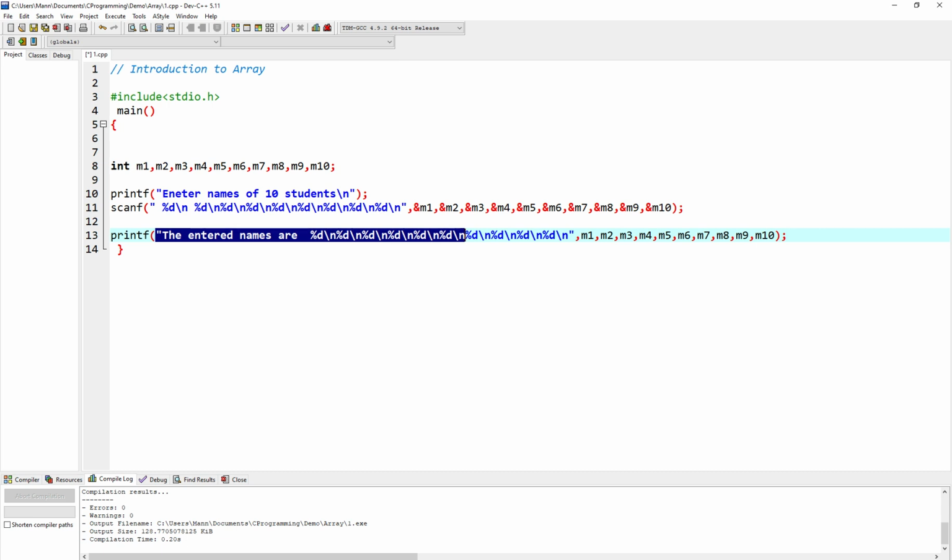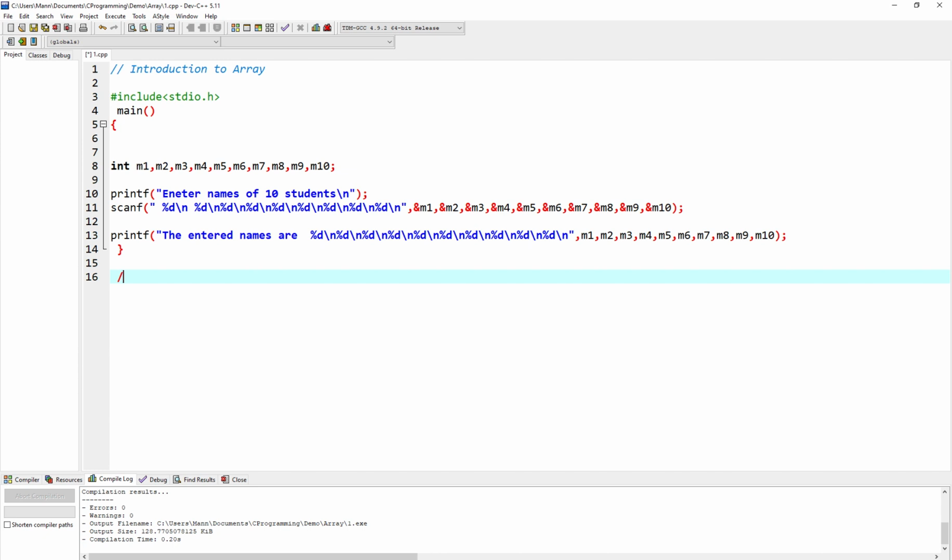Now there are some points that we need to keep in mind. An array is just a collection of similar data types, right? So what I'm saying is that it is a collection of similar data types. Okay, so this is one point, because whatever we are storing inside that particular array, this data structure, the type of that should be the same.